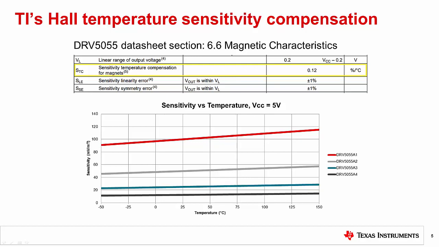In a system, if the Hall devices are not compensated, then the output voltage would decrease as temperature increases due to the decrease in remnants of the magnet. Without sensitivity compensation, the magnet would then need to be moved closer to the sensor to get the same output voltage. On the other hand, if the magnet does not drift with temperature or only drifts slightly, then the sensitivity compensation will cause the output voltage to be higher than expected as temperature rises.